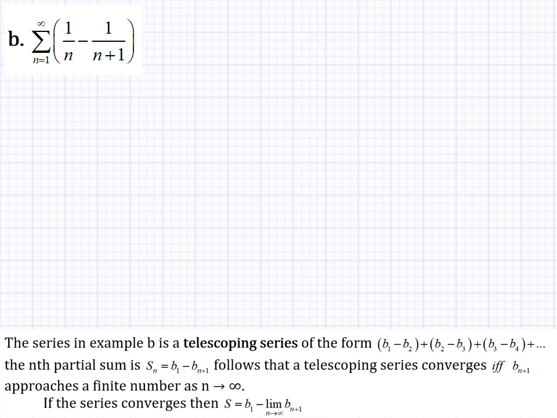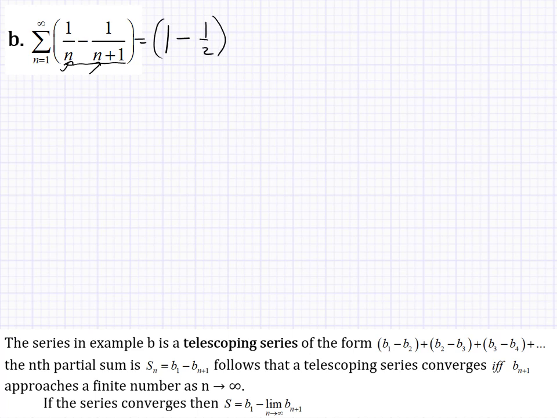All right, so here's another one. This one is a little more complicated than the previous two, but we can still use the partial sum concept. If you look at this series, there's something very unique to this series that we're going to talk about. Let's look at the first couple terms. So if I plug 1 in for n, there's 2 pieces to every term. This whole thing right here is one term. So I plug 1 in here and 1 in here. So I get 1 over 1, which is 1, minus 1 over 1 plus 1, which would be 1/2.